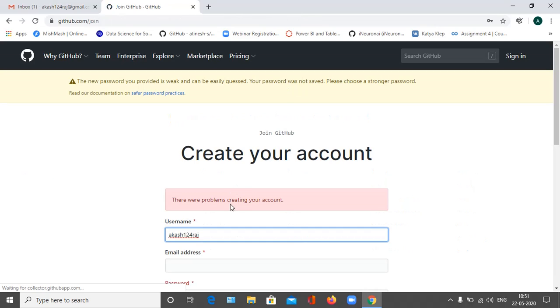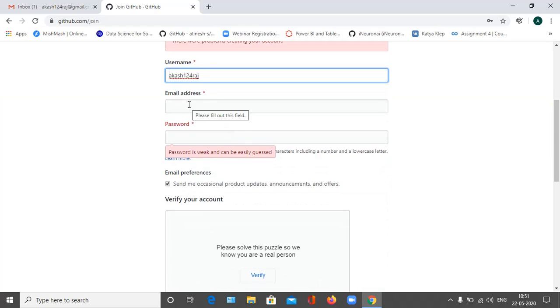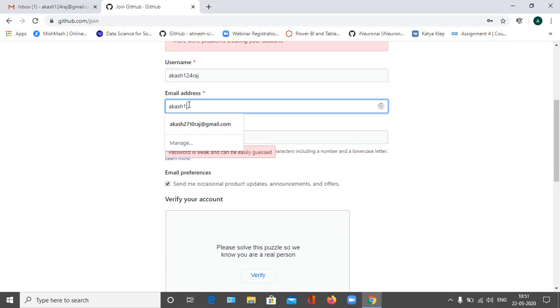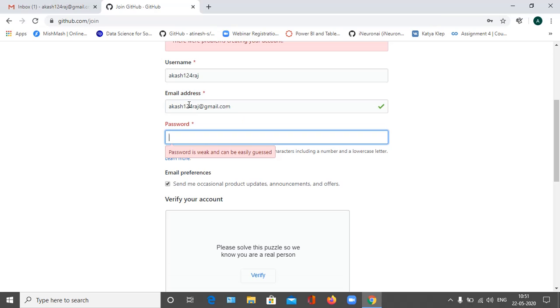There's some problem. It says the new password is very weak. Okay, we will try some other password. So I'm entering a password.